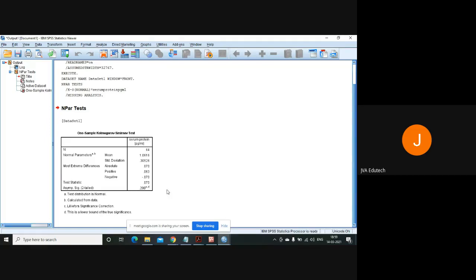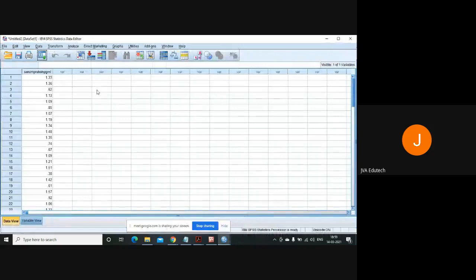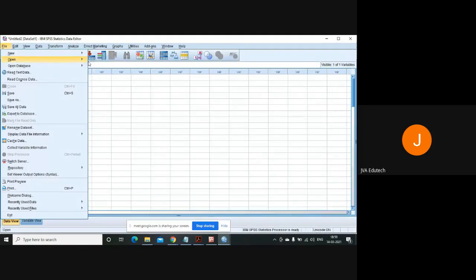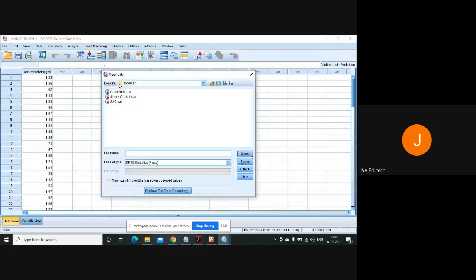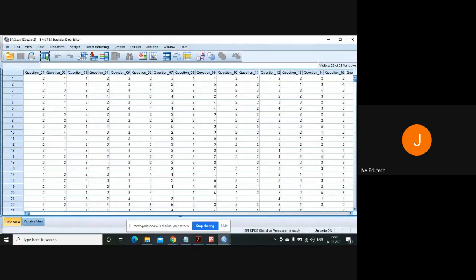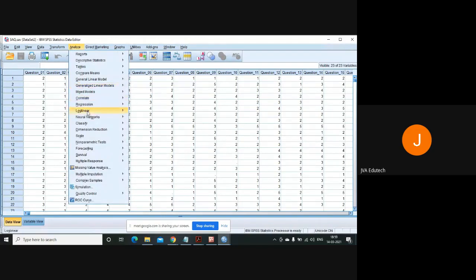So a null hypothesis says, and believe me, whatever is written here, test distribution is normal, this is not the output. This is a null hypothesis framed by the software. In every case, you'll find this. Let's check this. Yesterday I opened a data set, the SPSS anxiety questionnaire, and using these four variables, I have told you that they are not normally distributed. Let's check these. Even there, it will be written like this.